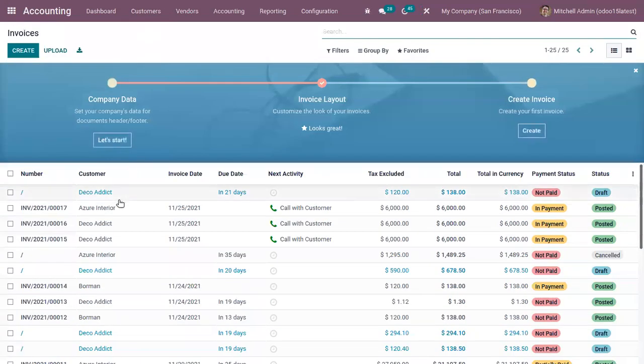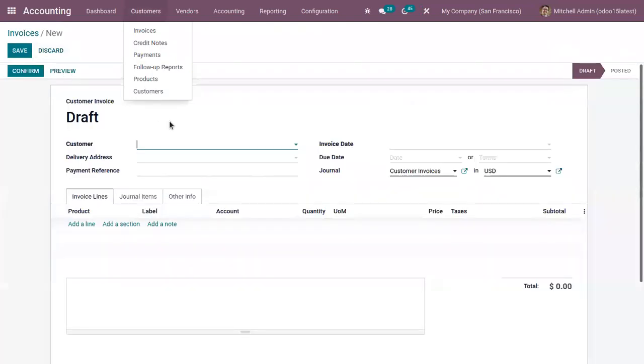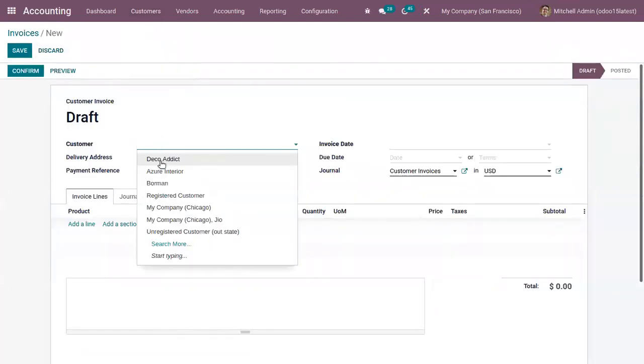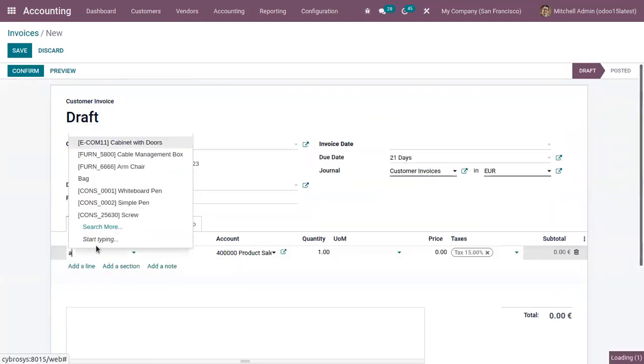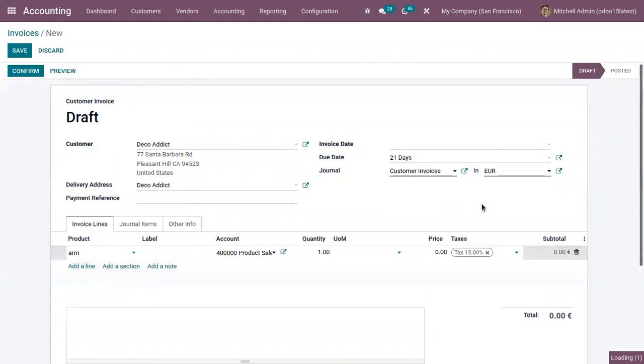So here we have our customer invoice. Here we can find the journal, then the currency. If I choose euro and if I choose the product armchair, you can see that USD is converted to euro.